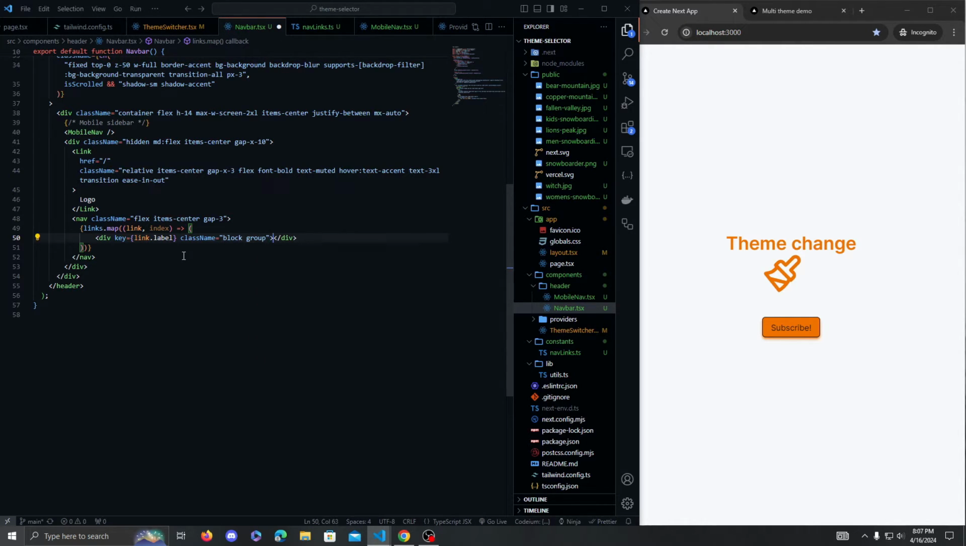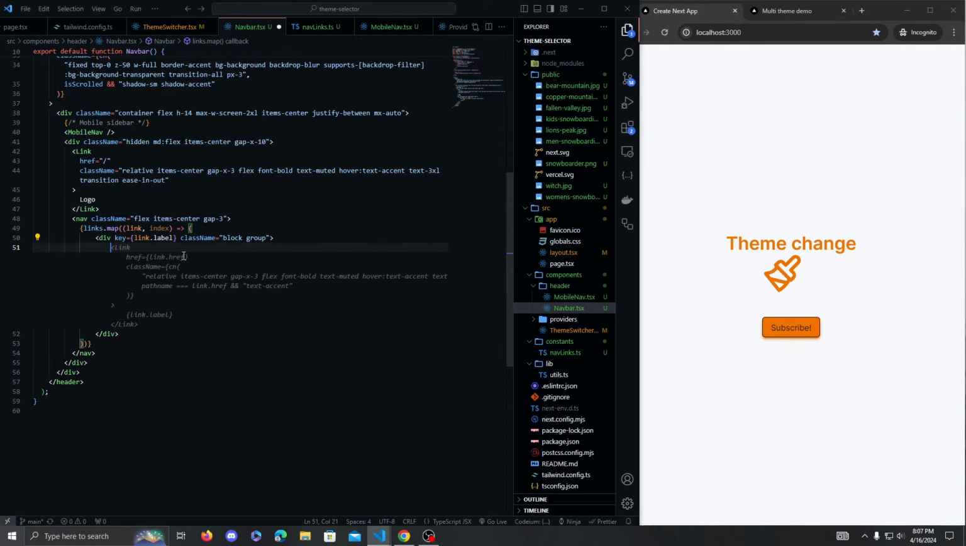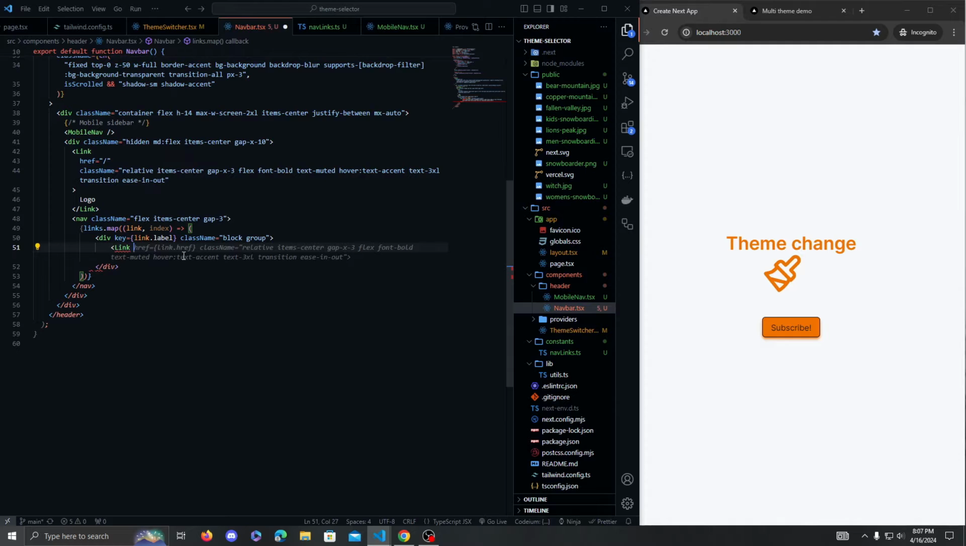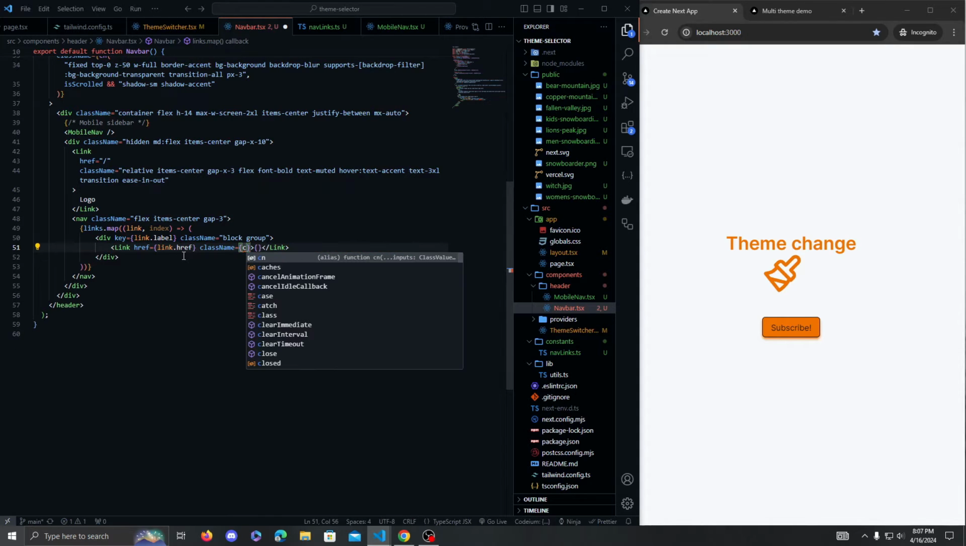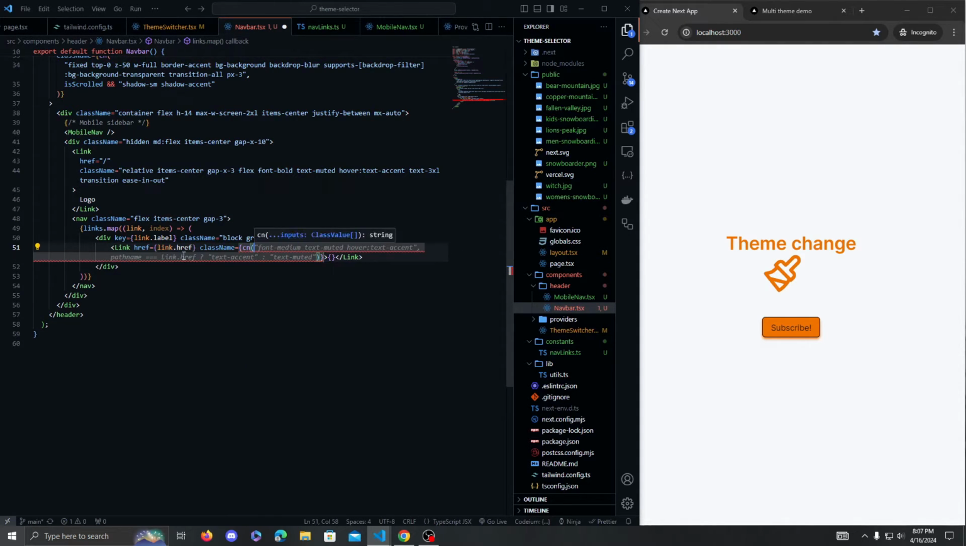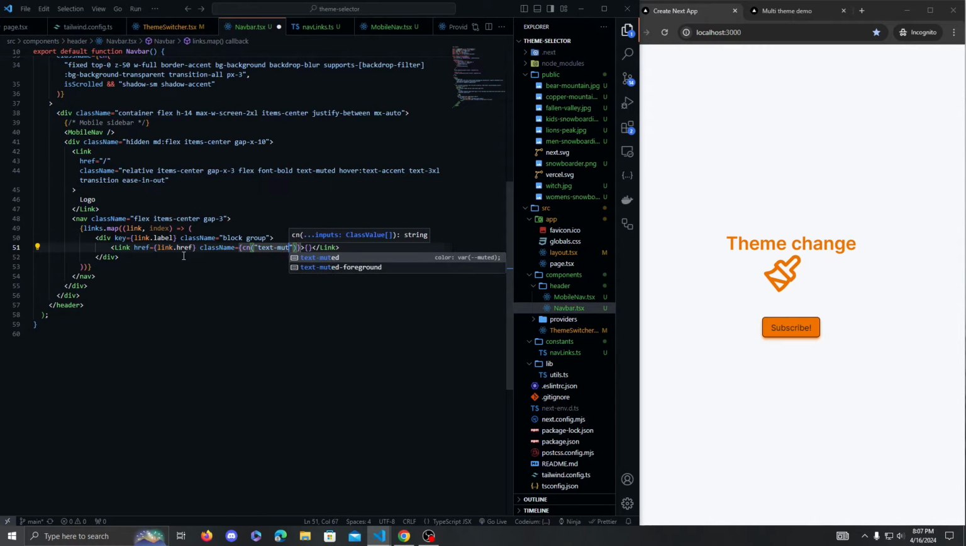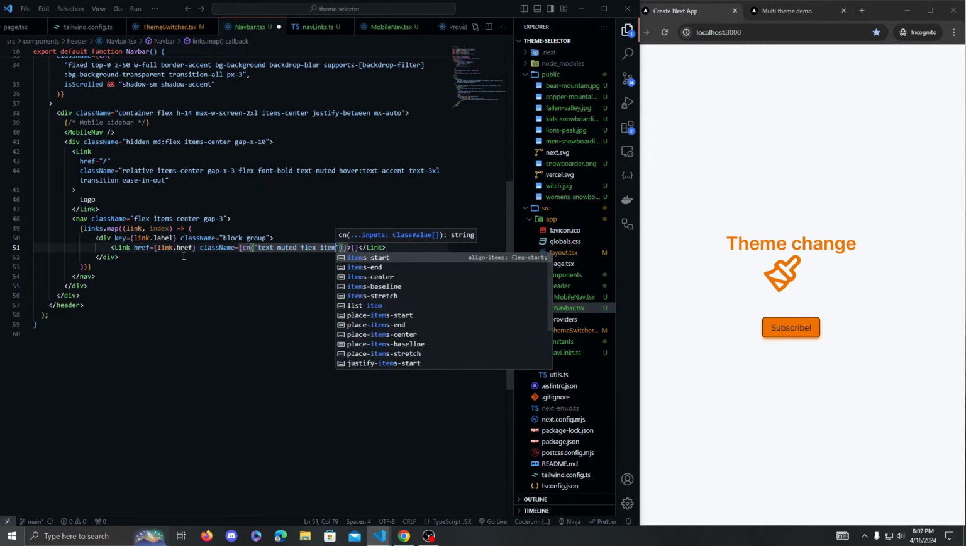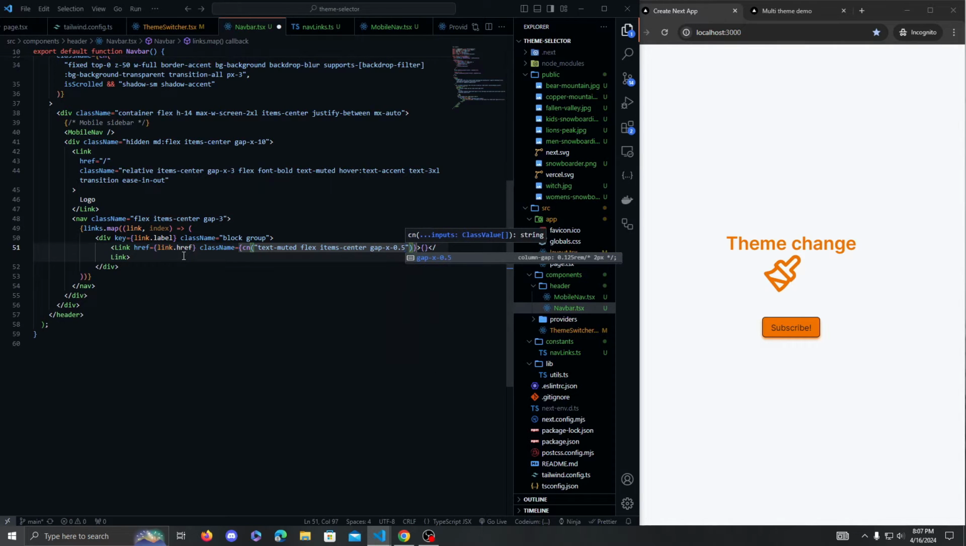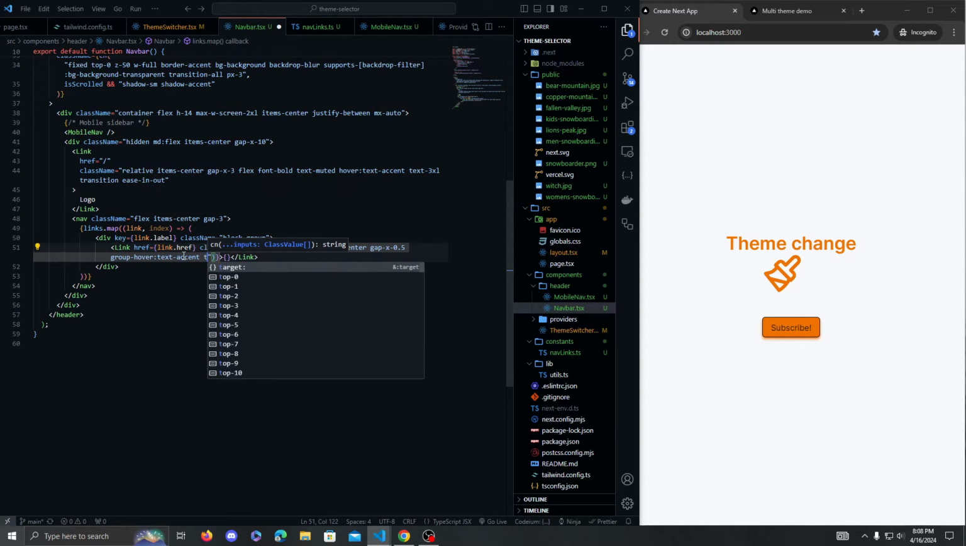So we'll do block group here. Then inside this, we'll do another link. This will be href link.href. Close it up. We'll give a class name, and inside here we'll open brackets, have the cn function, which will be text muted, flex, items center, gap x 0.5, group hover, text of accent, transition all,